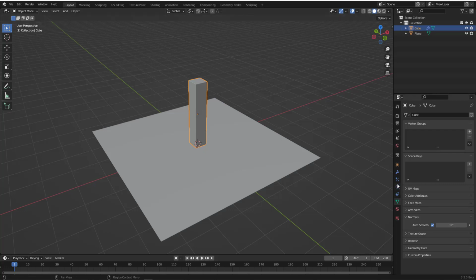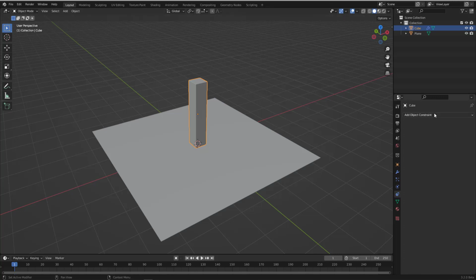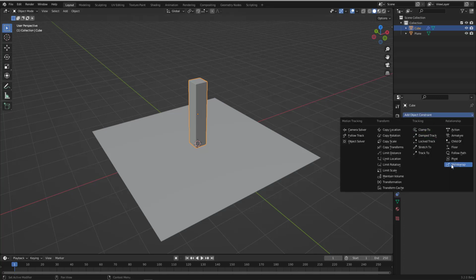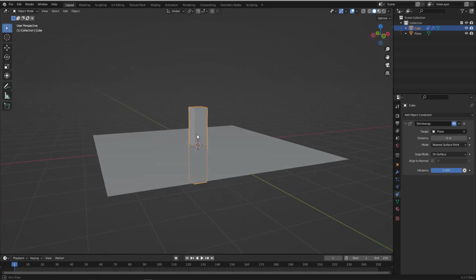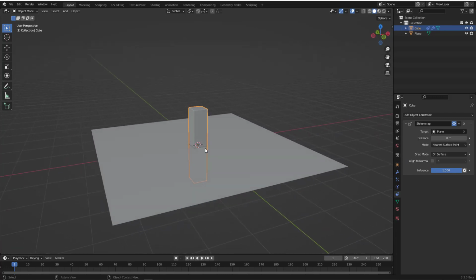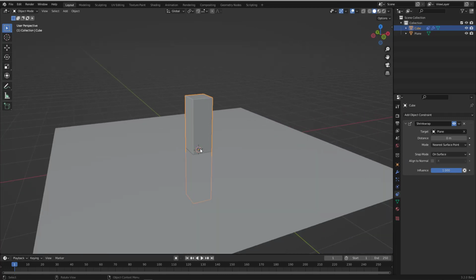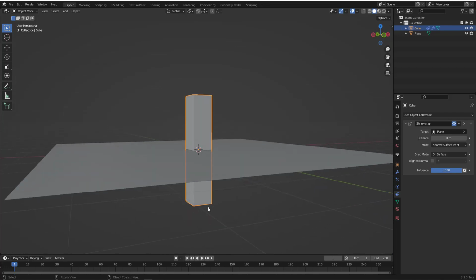Alright, so first thing, let's go to the constraint section with the cube selected, and let's add the shrink wrap from the list. Here we have the shrink wrap constraint. Shrink wrap will shrink wrap the cube on the plane. Wherever the plane goes, the cube will follow it. So add the shrink wrap, and the target should be the plane, so pick the plane as a target. As you can see, the cube moves down to the position of the origin dot. Because of that, I told you that we need to take the origin dot